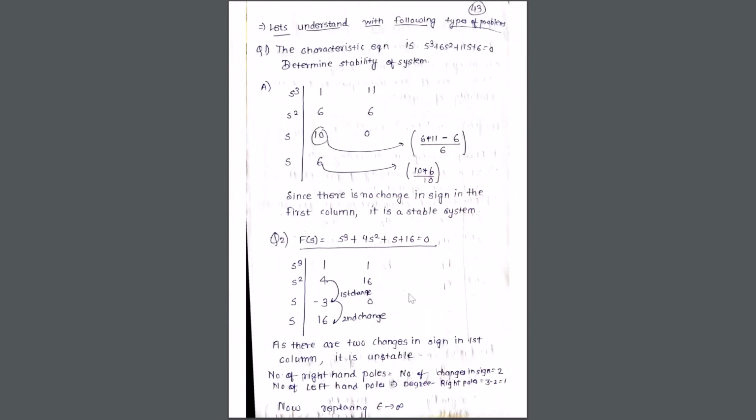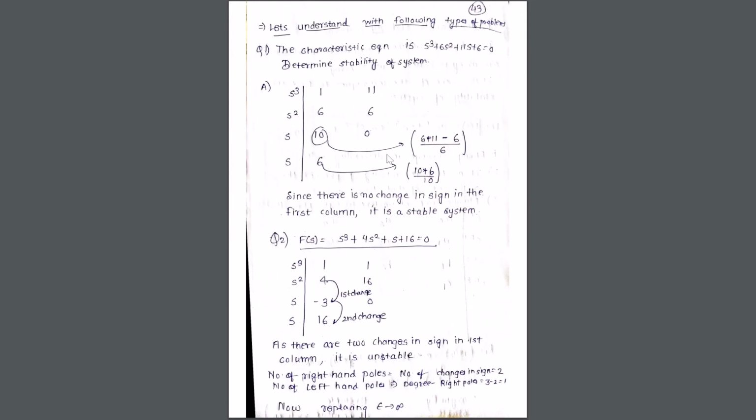The Routh-Hurwitz method is nothing else than a particular technique to find out the stability of the system, and we have a particular characteristic equation which will be given to us. Now in the characteristic equation, arrange in descending order. If there is any term missing, please replace that particular term with a coefficient 0 and then draw this particular Routh-Hurwitz table. I have told you how to draw it. You can see it here, and then you can solve the entire table.